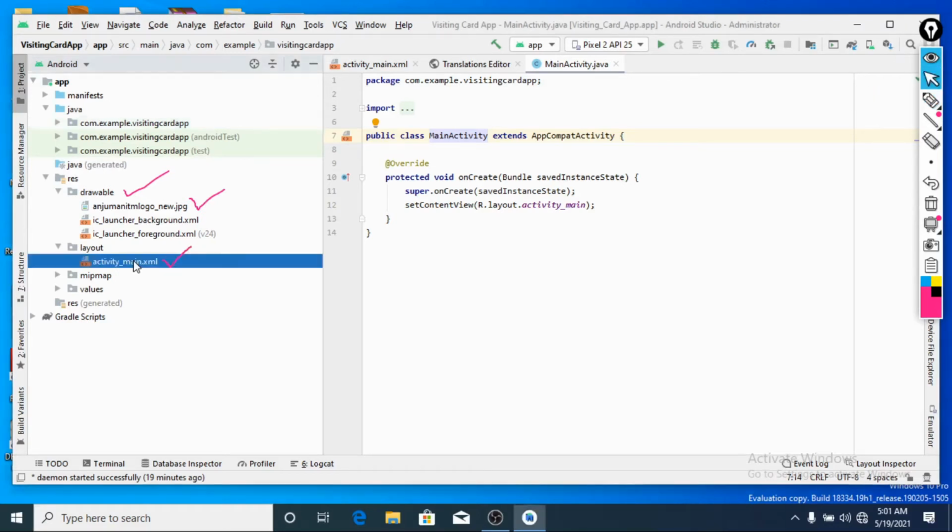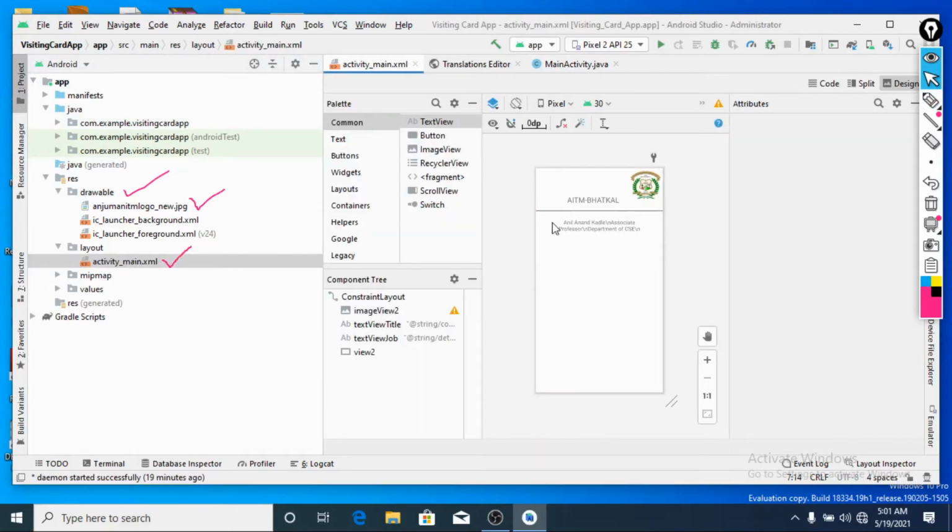If you double click on this, you will go into a window, which is the design window. Let me explore this, but before that I will tell about values also. The values folder consists of all the colors and strings that are used in the app. Hence, these two, colors and strings, sit in the values folder. Later I will explore that.